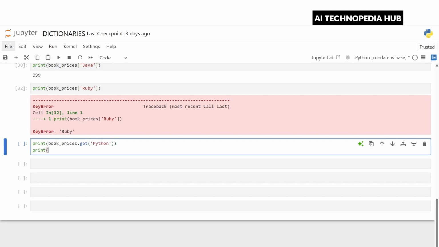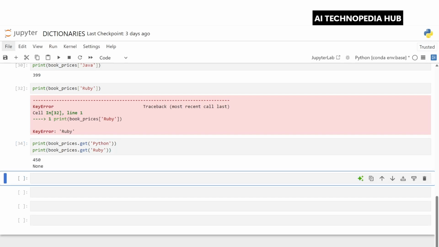Again let's print book_prices.get, let's pass Ruby. So here for the first one, this key is present, but the second key is not present. So let's see what we get as the output. 450 and None. Dot get Python works the same as square brackets, but dot get Ruby gives None instead of crashing and giving us a key error.